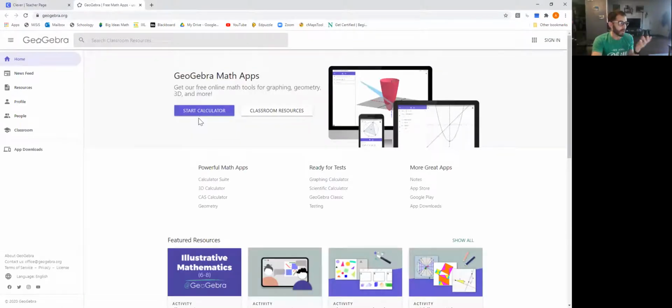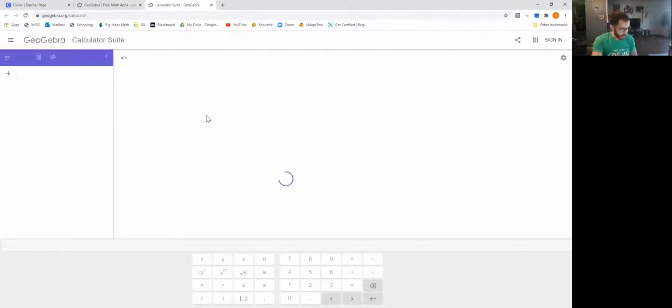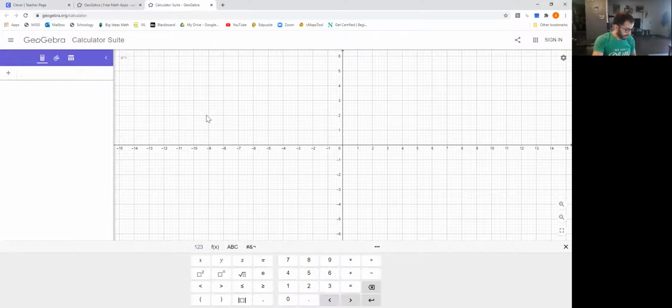With GeoGebra, we can actually create the shapes that Desmos doesn't create. Remember on Desmos, we were just doing the points. Here we can actually make it look like a triangle, or whatever it's supposed to be. So go ahead and click Start Calculator. And we are on page